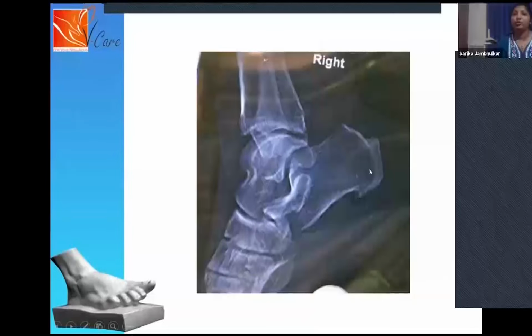The X-ray shows the spur. Particularly, I have included this X-ray because there are many people who feel, okay, now the spur has developed, what can we do about it? Obviously, we can't do anything to make the spur disappear, but we can always work on the pain. So even if the spur is developed, if the right orthotic correction is advised,